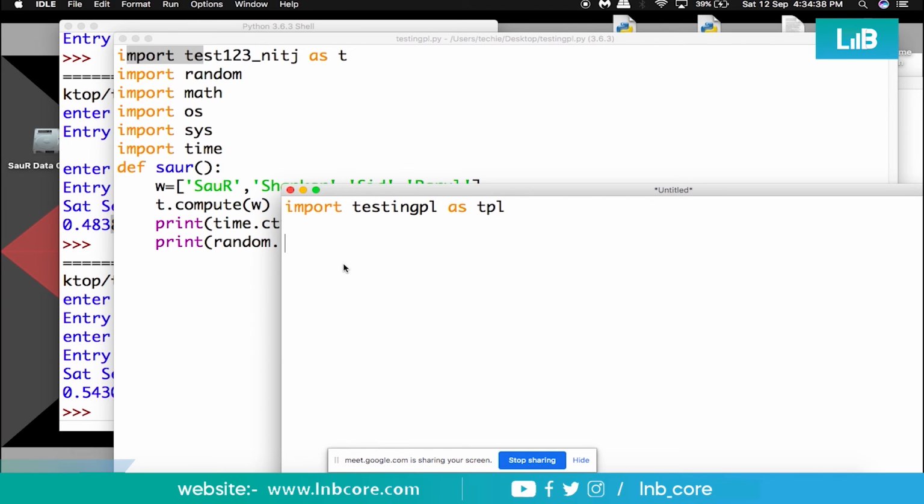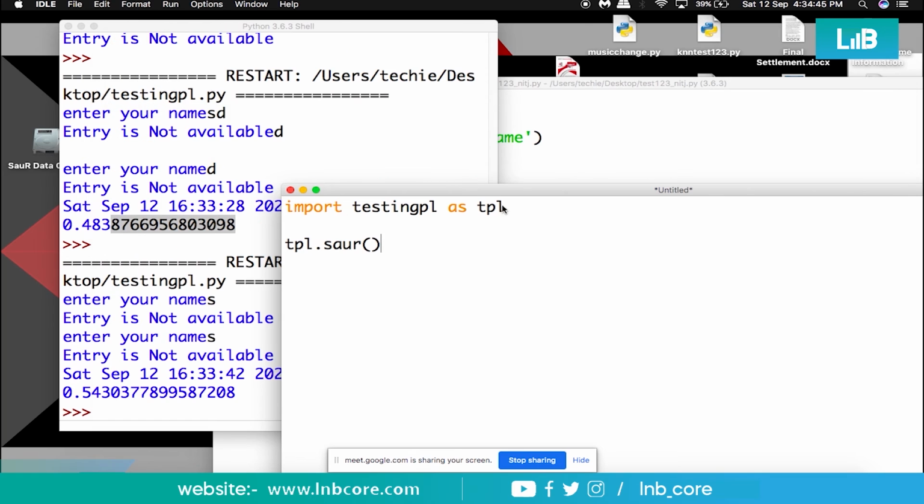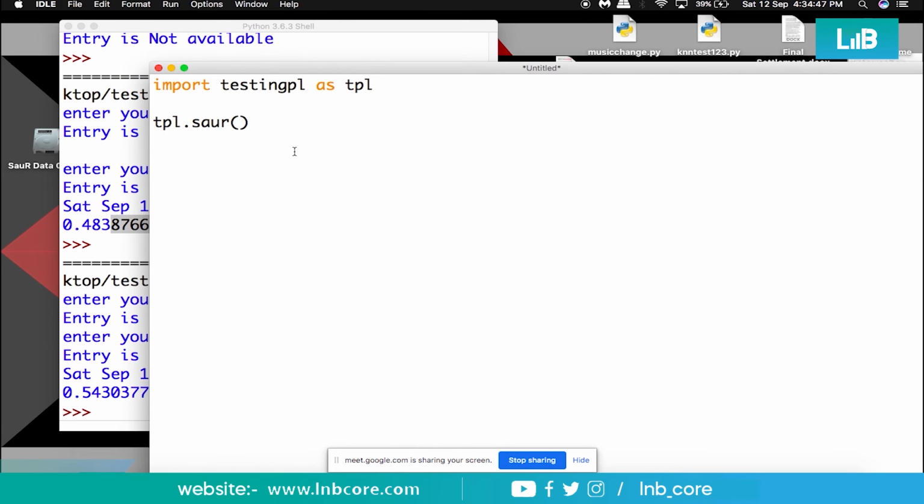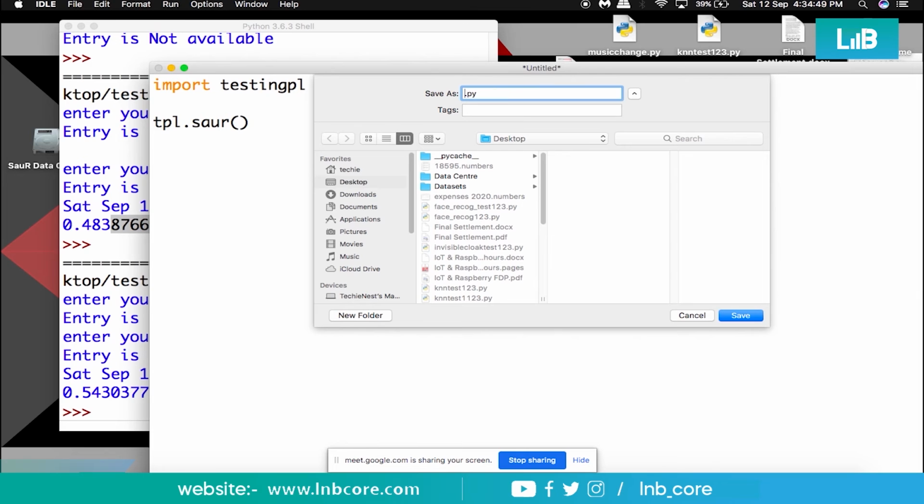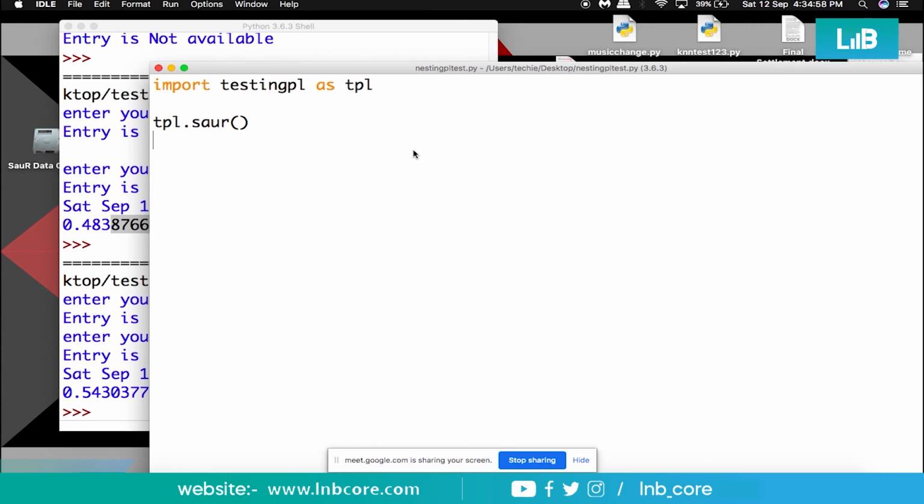So TPL dot sort, this will be the function to execute. Now forget about this, and this will be utilized. Let me save this on the same path, and this is testing PL test. Enter. Let me save it.